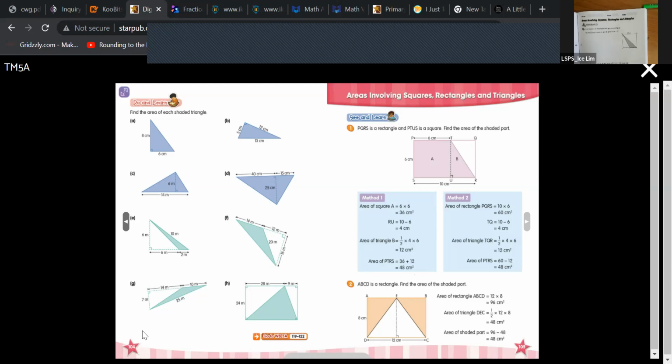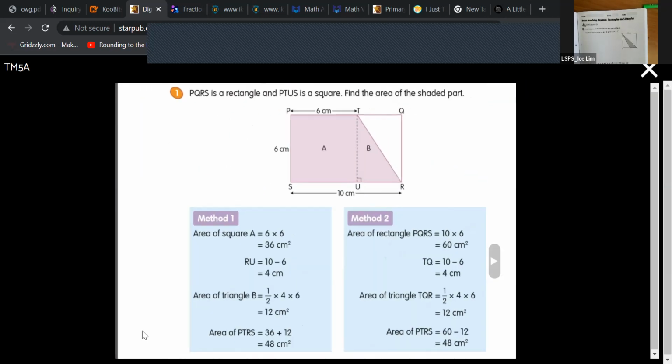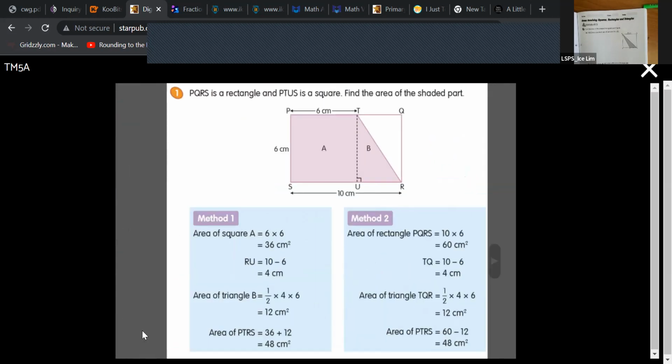Look through page 105, page 106, and 107. The answers are provided to you already. Nothing to work out. Page 106 is this picture here. Rectangle PQR, rectangle PTSU, and then you have